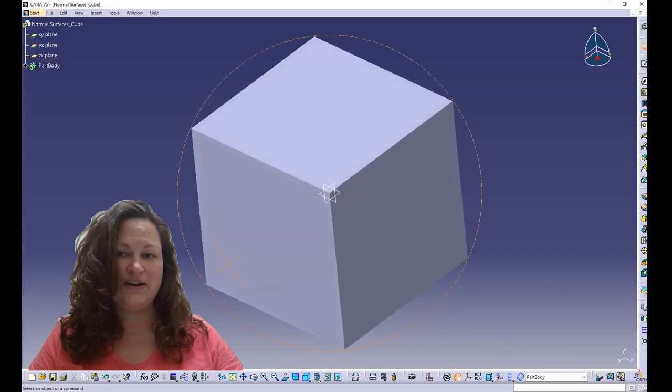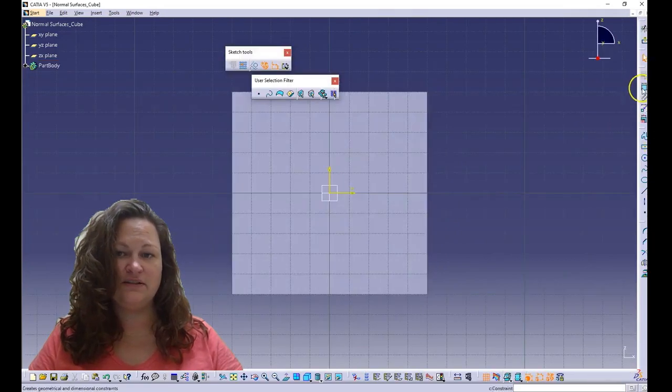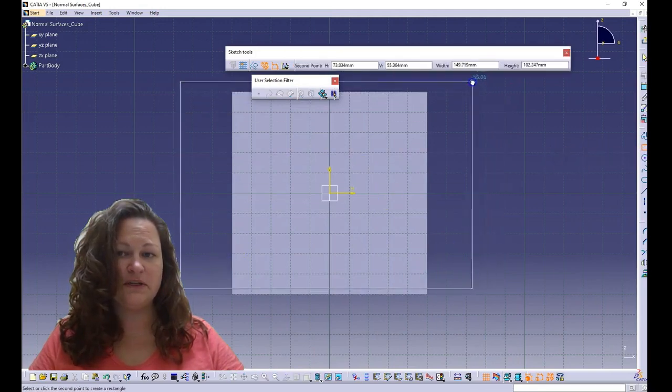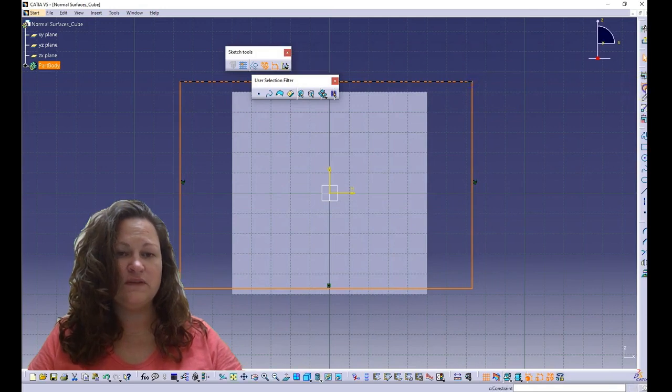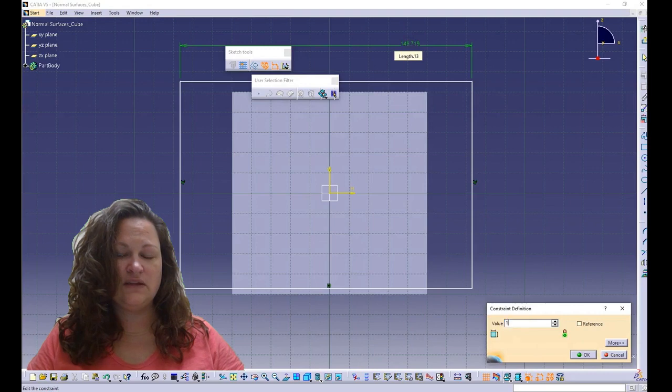Now I'd like to show you how to add multiple pads onto an existing one. So what we're going to do is use a surface that is a flat surface, enter into sketch mode on that surface, and then just add our sketch like we would on one of our reference planes. So here I want one of the edges down at the bottom corner to meet and then extend on